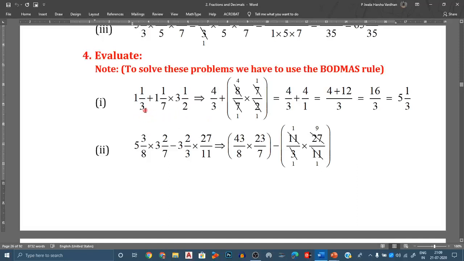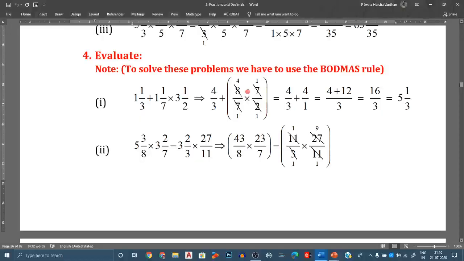So now first convert the fractions, if it is given in the form of mixed form, into the improper, then you have to use the BODMAS rule. Okay, now 3 ones are 3 plus 1, 4 by 3 plus 7 ones are 7 plus 1, 8 by 7 into 2 3s are 6 plus 1, 7 by 2. So now observe here, this is addition and this is multiplication. So in the BODMAS rule, which operation comes first? Multiplication. DMAS. First comes division, multiplication and addition. Observe here, I am writing the BODMAS rule.